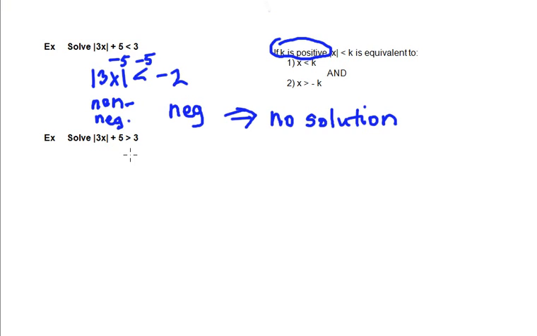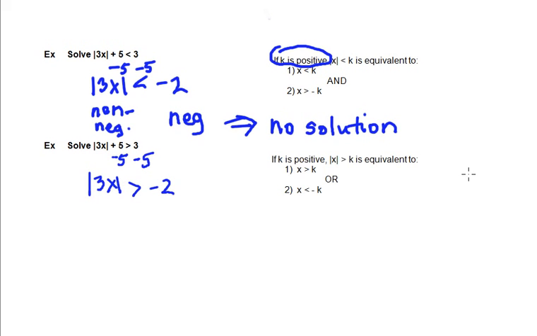The only difference is that the inequality symbol is facing the other direction. And as before, we will isolate the absolute value expression. And this time we end up with the absolute value of 3x is greater than -2. And as before, let's bring back the rules that allow us to expand this absolute value inequality. So we say again, if k is positive, then this inequality can be expanded into two inequalities. However, again, k is not positive, so we have this condition violated, and we have to think more intuitively again